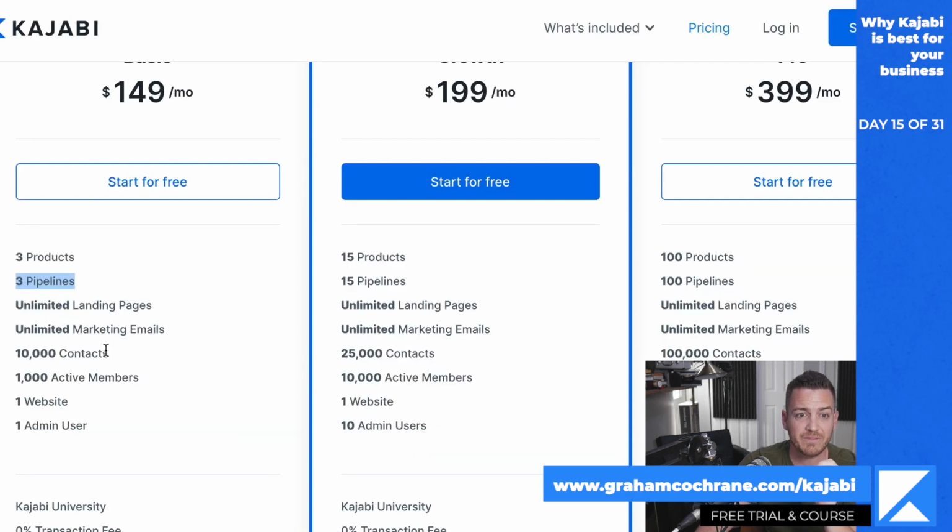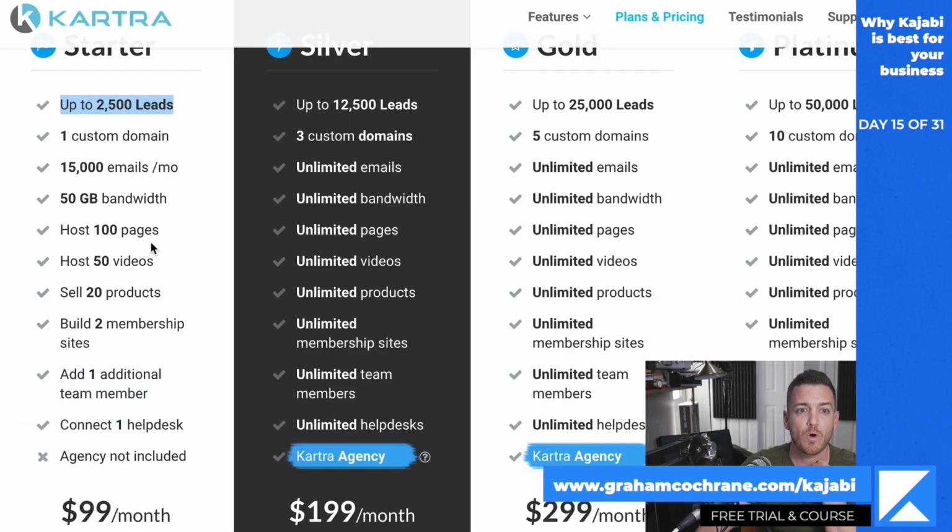On Kajabi, you can have 10,000. So you get 4 times as many people on your email list on their basic plan, and also unlimited marketing emails. Email marketing is so critical to you making money. So being able to have a bigger list and email them as many times as you want, I think is critical to you making money, more than having